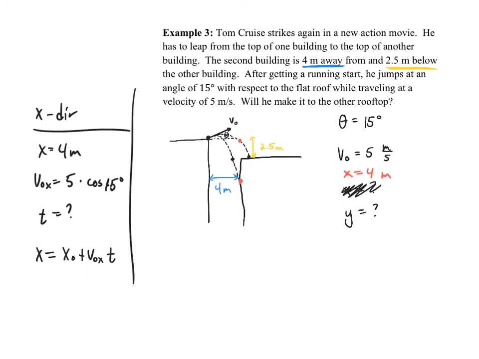So what we're going to notice here is that we want to go ahead and solve for the value of time. This is 0. We assume that if he's going to go a distance of 4 meters horizontally, that his starting position is called 0, and this is called 4. What else could I have done with this problem? What could I call this instead? I can call this any number. I can call this 7. If this is a distance of 7, then this is a distance of 11